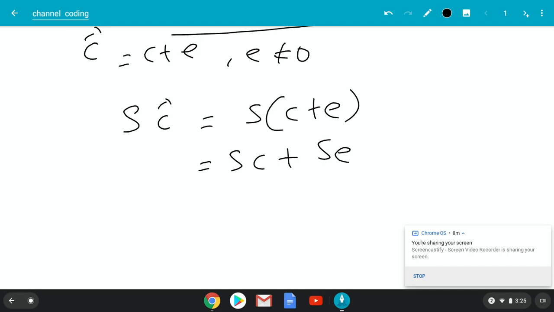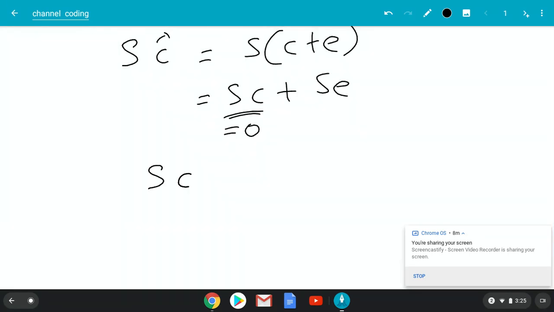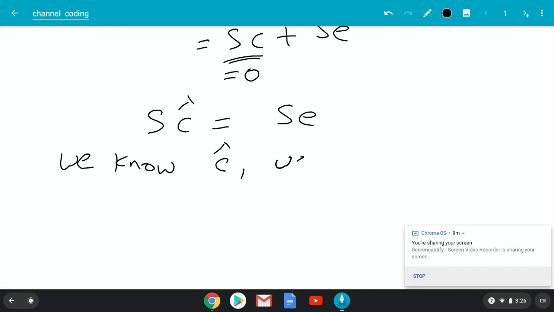So now we know that if C is a valid code word, SC should be equal to 0, right? So then what we have is S C hat equal to S times E. All right. Okay. So now the real question is, if we want to figure out exactly what C was, we know C hat, because that is the output of the channel. Okay. We don't know